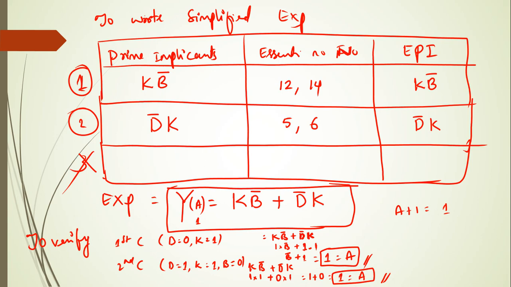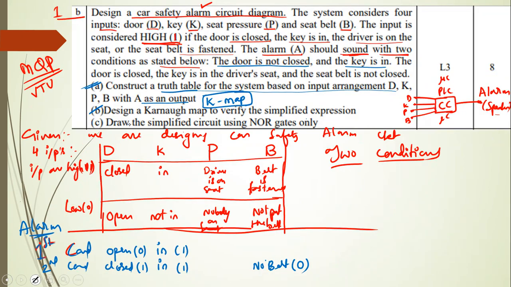According to the design of the Karnaugh map, we verified. Hence you can write that we verified the K map, the alarm is generated by using the simplified expression. So now we have proved the second question as well. And the third is